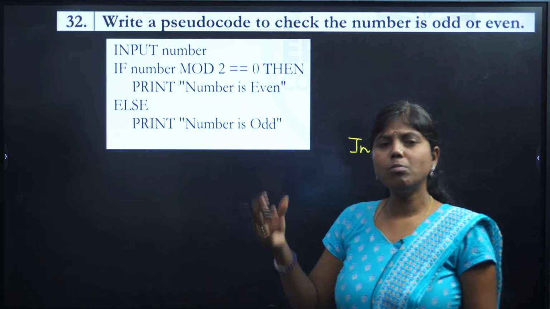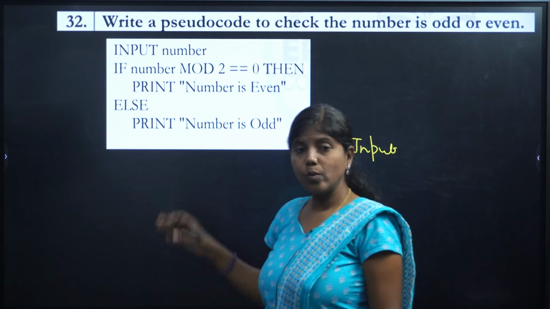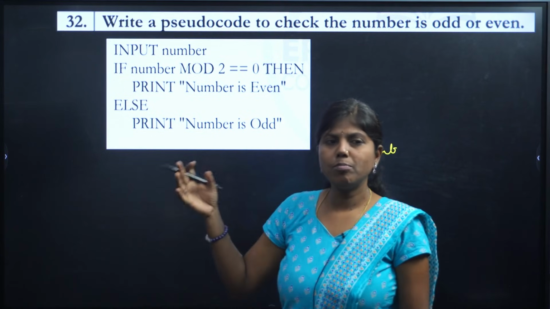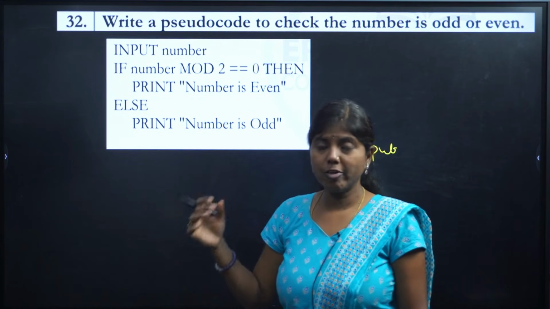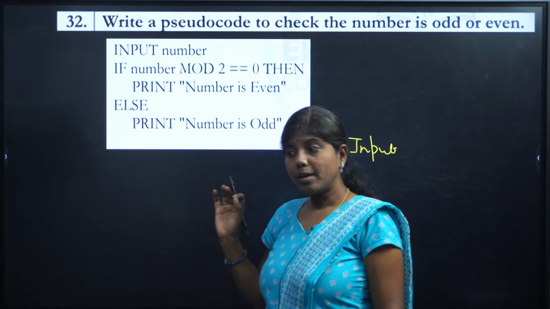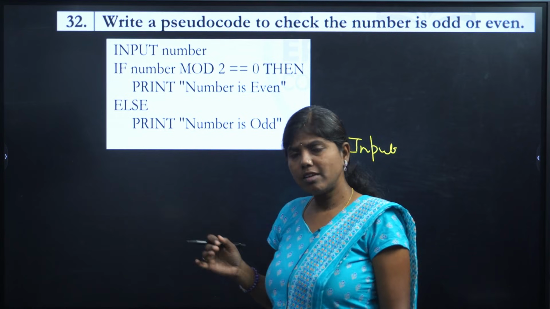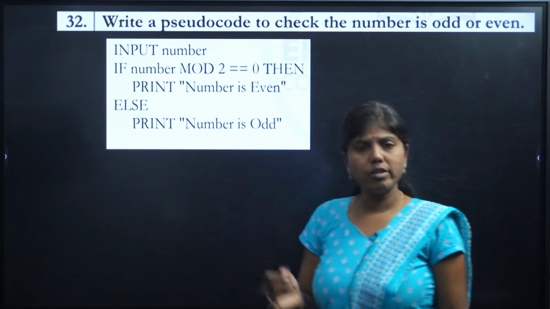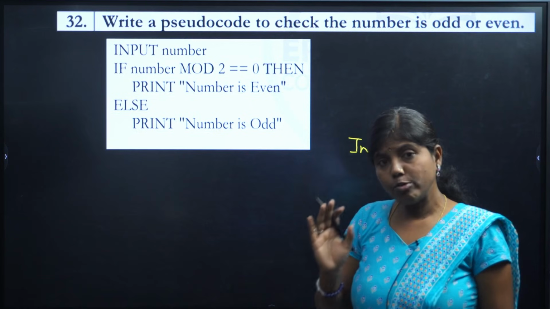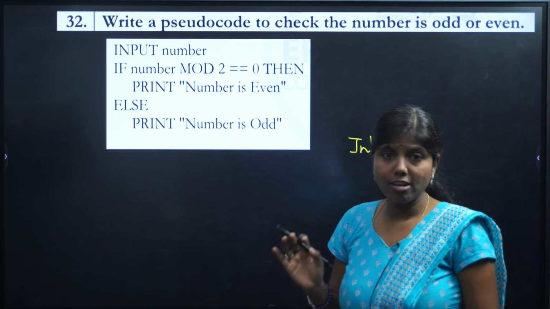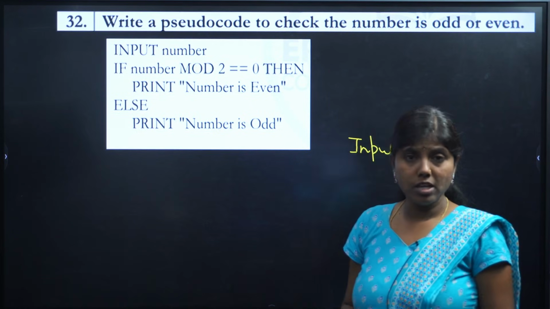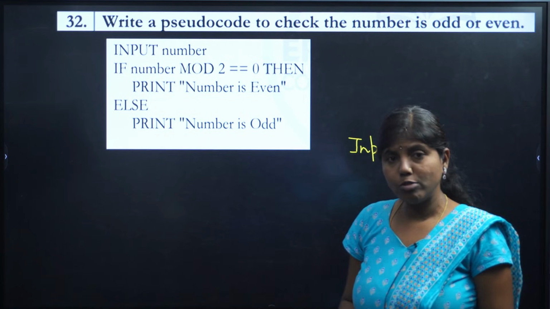Pseudocode mainly uses keywords. For example, we have input, process, compute, print, like that. Is it the same as algorithm? Definitely it's not the same, but I don't want you to get confused here. Very simple, you can just write pseudocode and algorithm as the same. They were clearly told in the PU board also when I went for the orientation.